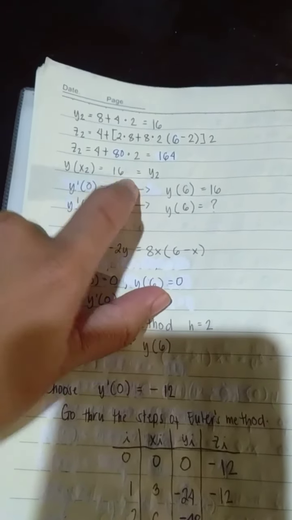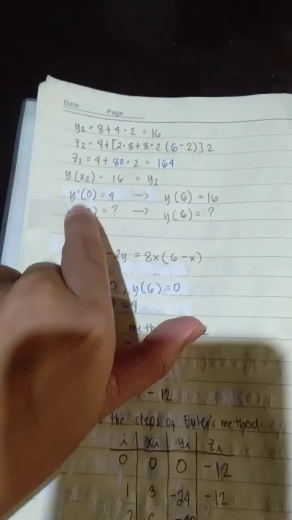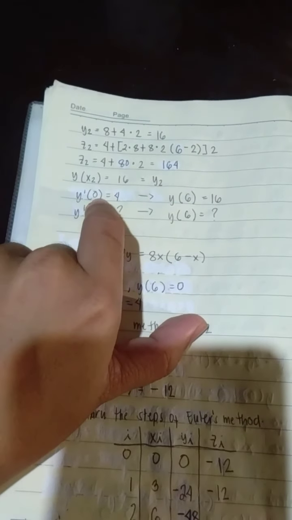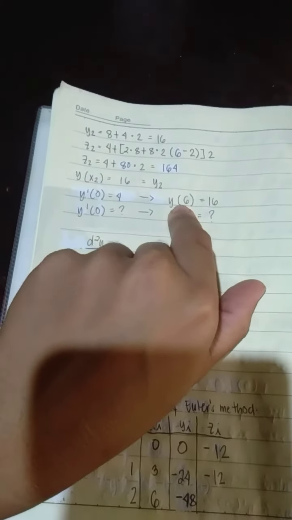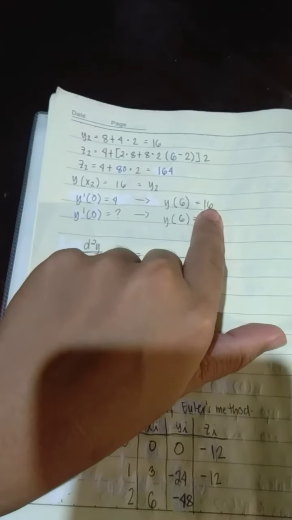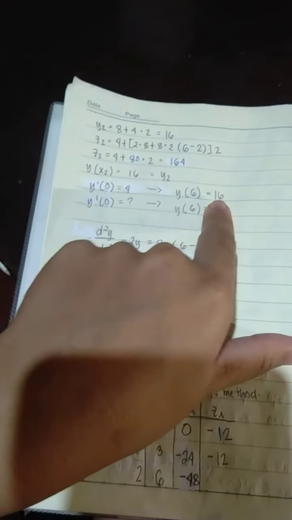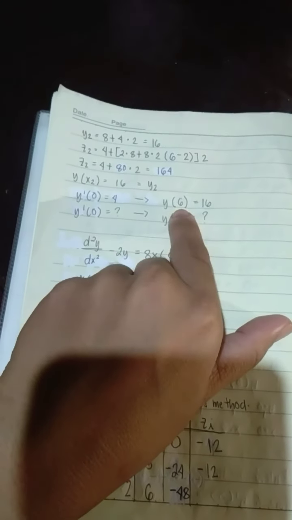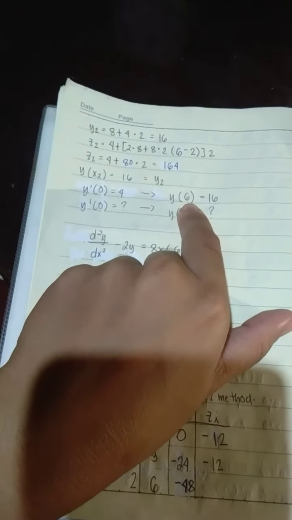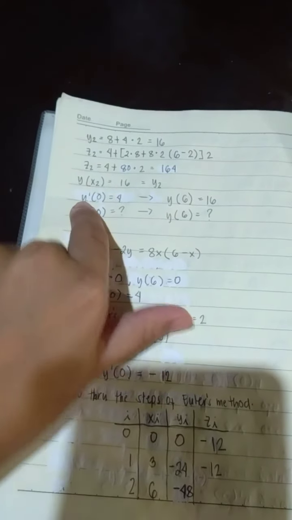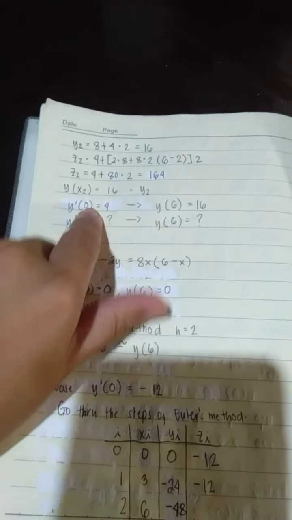So y sub 2 is equals to 16. So y prime of 0 is equals to 4. The result is y sub 6 is equals to 16, but we need to find that y sub 6 is equals to 0. We need to know the value of y prime of 0